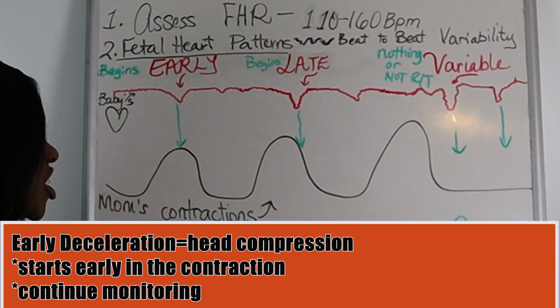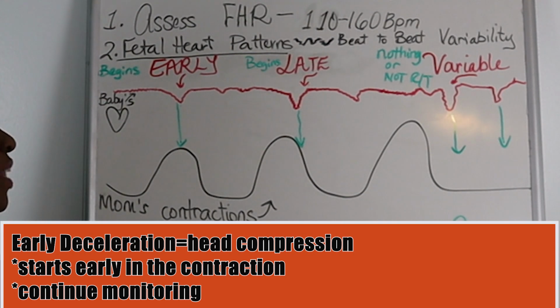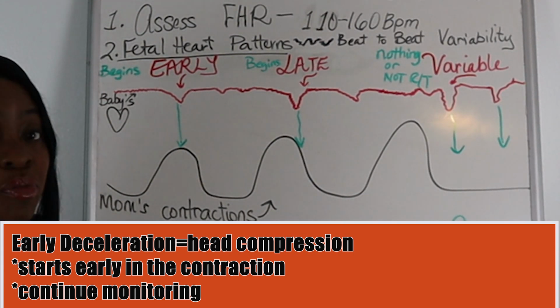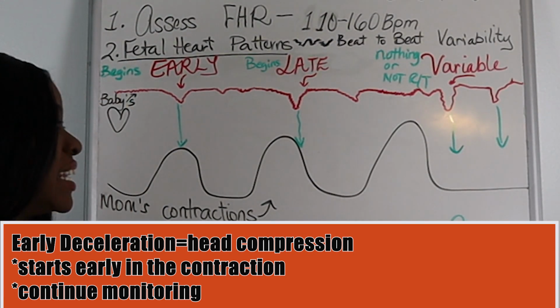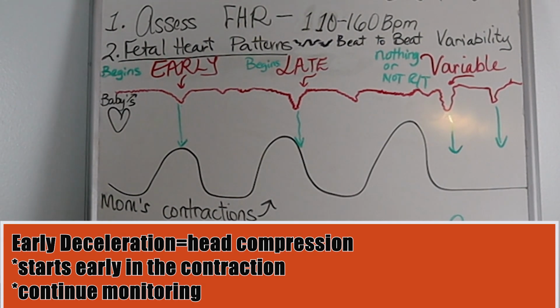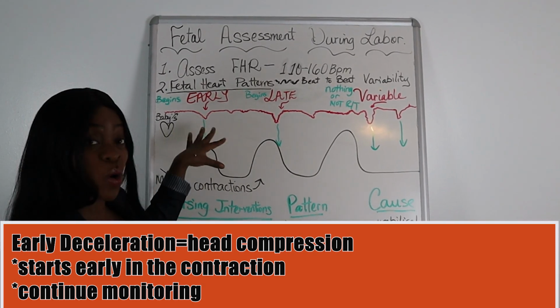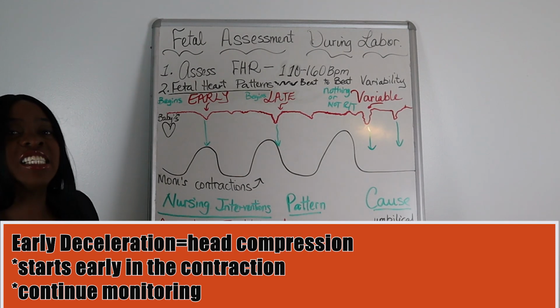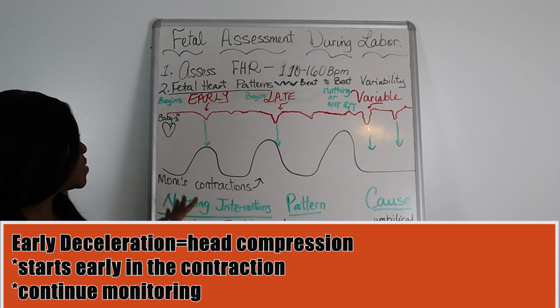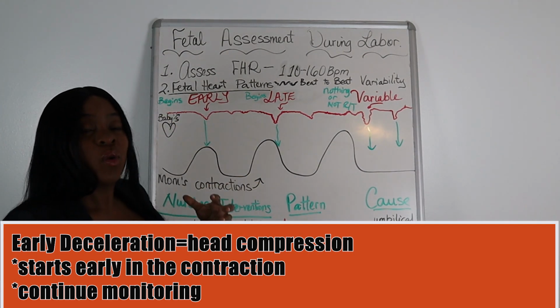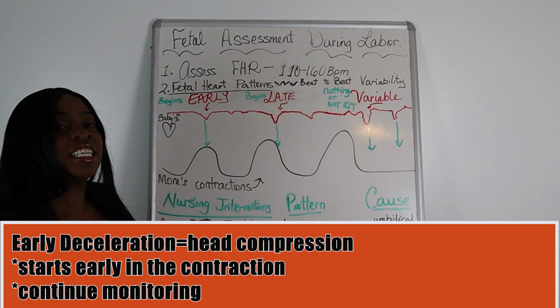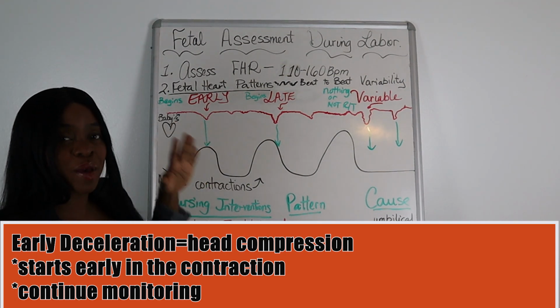And so that's considered an early deceleration. It is usually caused by head compression in the fetus, and it's not so bad. We actually consider it a reassuring observation, and we continue to monitor because that's something good. It means that whenever there's a contraction, there's a deceleration in heart rate, but it returns to the baseline, and